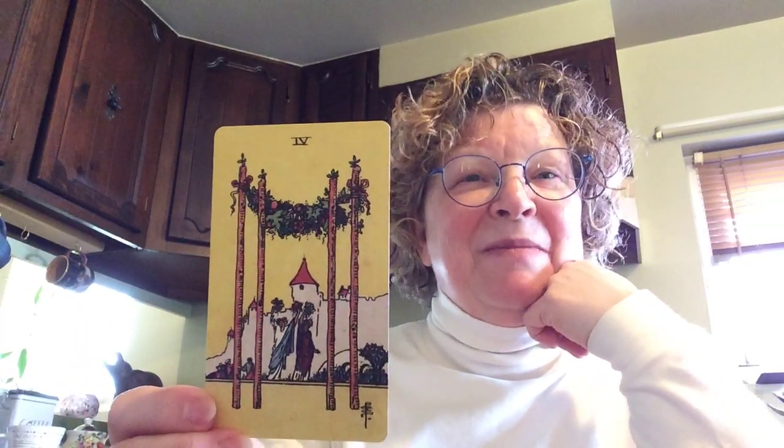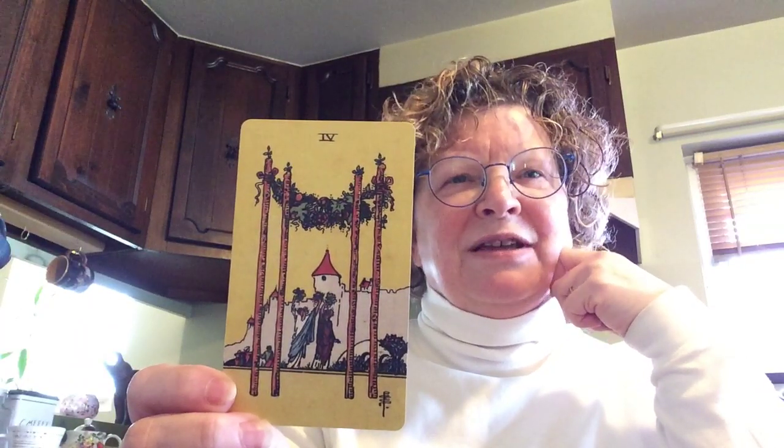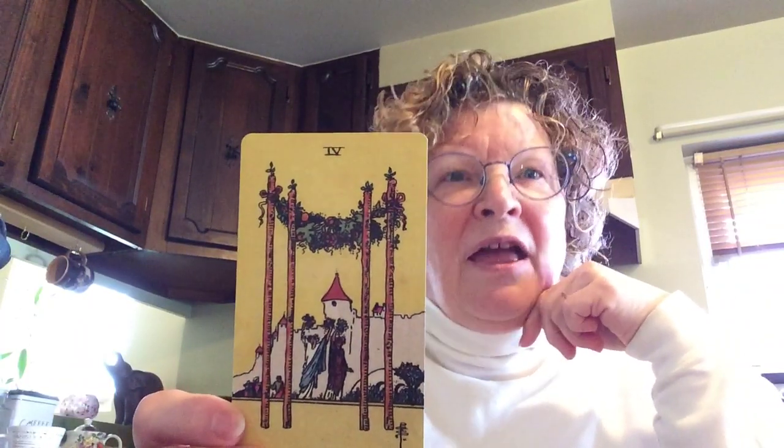And then towards the weekend, I don't know, maybe some of you are going to a wedding. Maybe there are wedding plans to be made. I know in my household, we're going to be going to visit where our daughter's getting married. She's getting married in a state park close to here, and so we're going to go up and go to the place where she's going to get married this summer. But this can also speak to stability and to just having a really, maybe it's just going to be a really chill weekend where you're going to be with maybe some friends, maybe some family, maybe it is going to be just you this weekend, but it's going to be a time of feeling solid and secure and content,